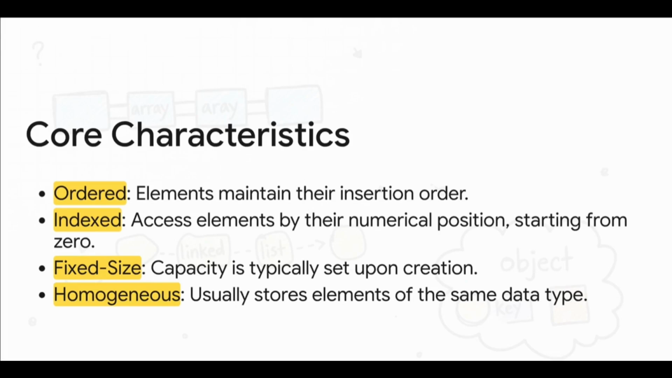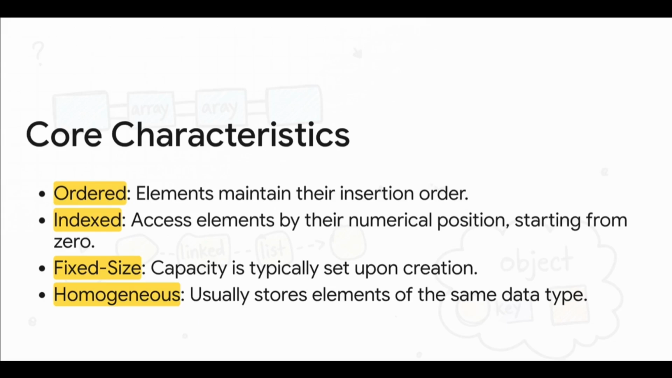Let's unpack that a little. When we say ordered and indexed, it just means everything has its own numbered spot, its own address, starting from 0. This is key because it makes grabbing something incredibly fast. Then you have fixed size. Just like our bookshelf, you have a set number of slots, period. You can't just magically create a new one. And homogeneous? Well, that just means all the slots are built for the same kind of thing,